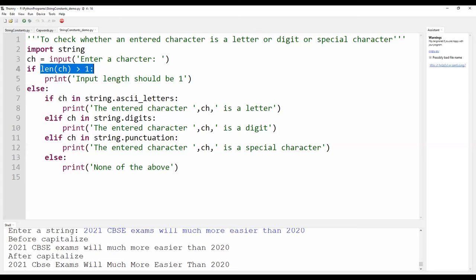Then for any other special characters, it checks the elif condition ch in string.punctuation. If I give a comma, semicolon, quotes, tilde symbol, it says the entered character is a special character. Other than these three, if the user enters some other character, it says none of the above. I have compiled this program also.